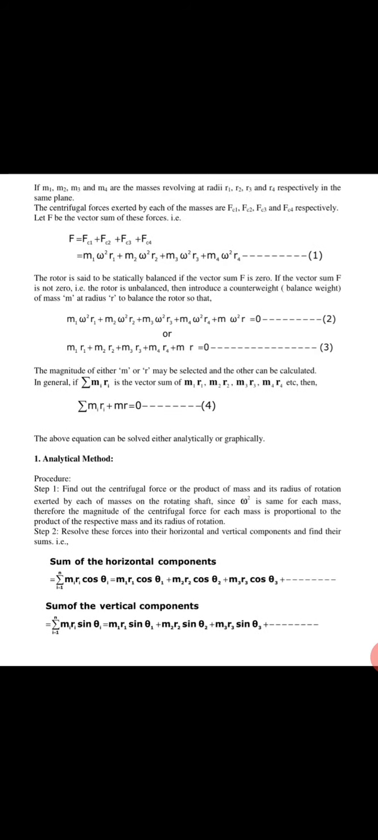So now these are different variable masses. All masses are attached to a shaft with constant angular velocity omega radians per second. Out of these 5 masses, mass m is a disturbing mass, so they have to be balanced. So if the masses m1, m2, m3, m4 are revolving at r1, r2, r3, r4 in the same plane,